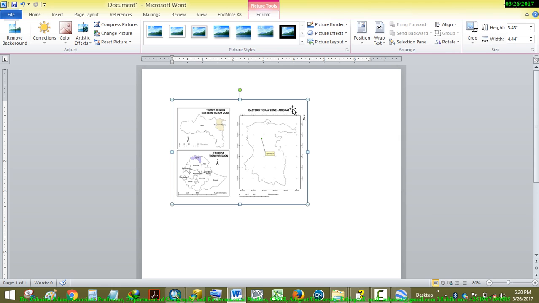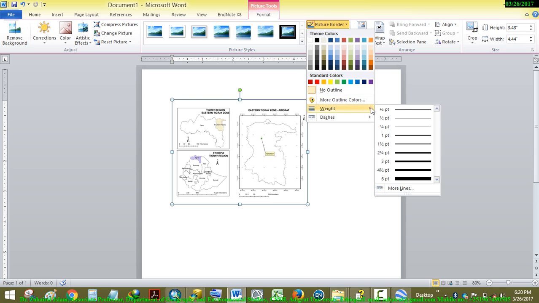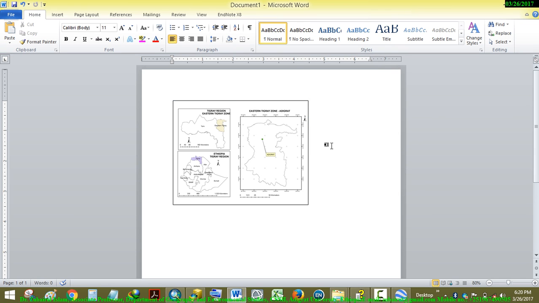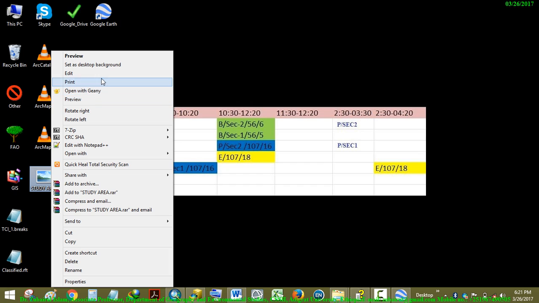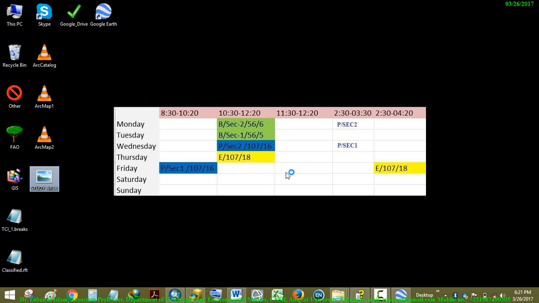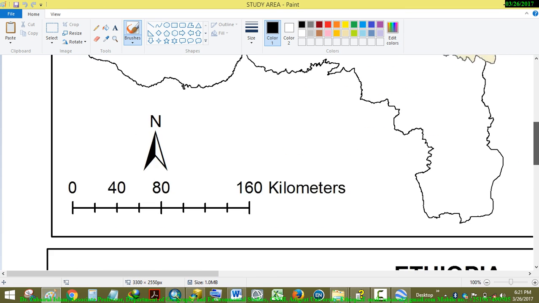Again, if you are interested in a border, you can click and you can picture border, then go to width and you can give a border here. If you want to give something additional, if you forgot at the time of ArcMap and you have closed the document without saving it, then you can right click, open with Paint,